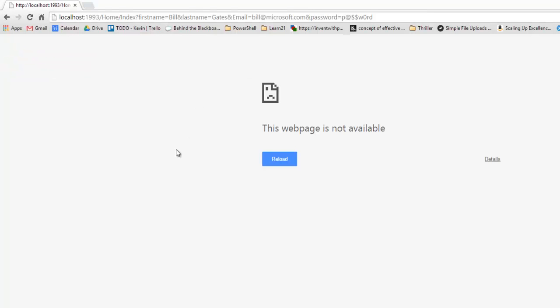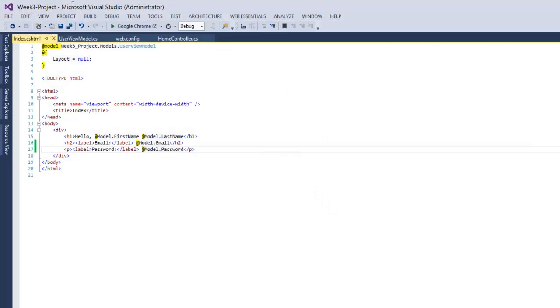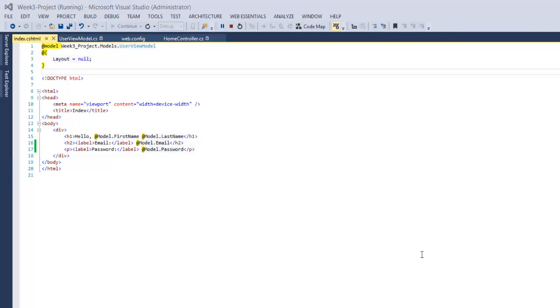Oh, I stopped debugging, so let me go back. And you may end up with that where you stop debugging, you flip back to your browser, and your browser will fail to load. That's really just due to the fact that you've stopped debugging, therefore IIS Express has also stopped. So you just go back and start the build again,